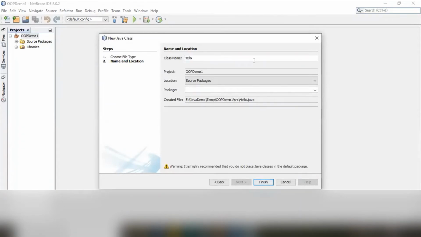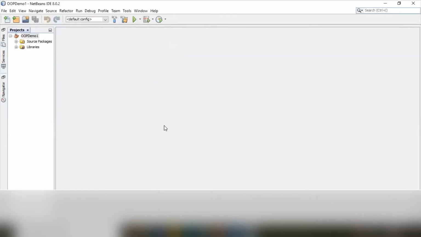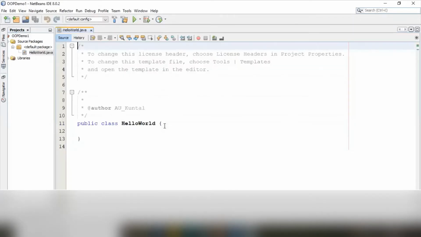Give class name hello world. This file we are creating at this location, and then just finish this. Something will happen internally and NetBeans will help us. You can see a lot of things are now added automatically.